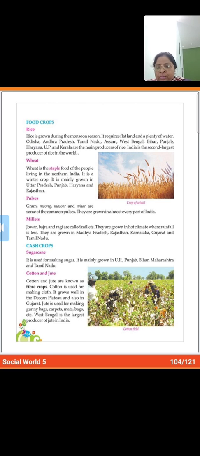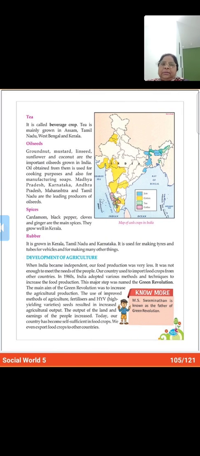It is a fiber crop. You know, jute is used for making several things. You use bags and then mats, carpets. All these are made from cotton and jute. Cotton, obviously you know that cotton is used to make cloth also, because cotton is used to make thread first of all, and then cotton cloths are made.